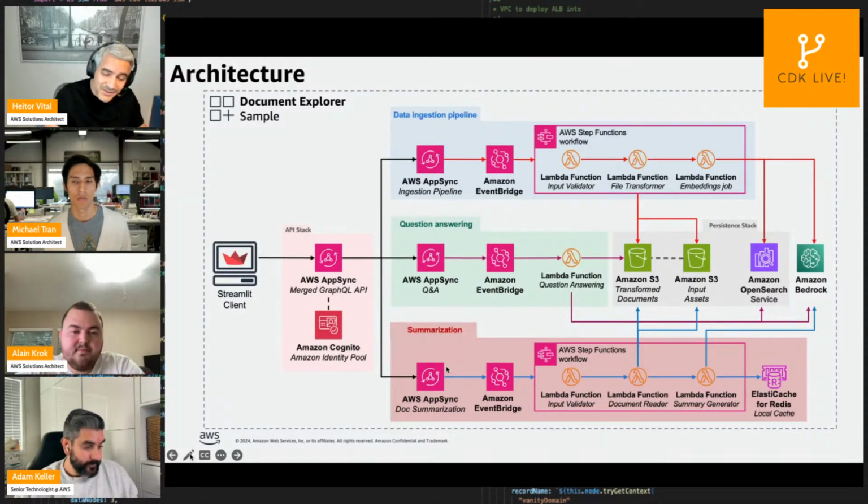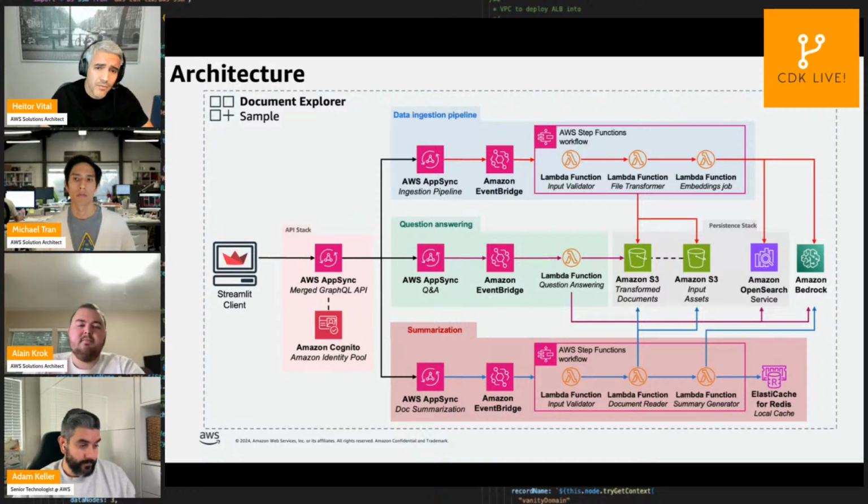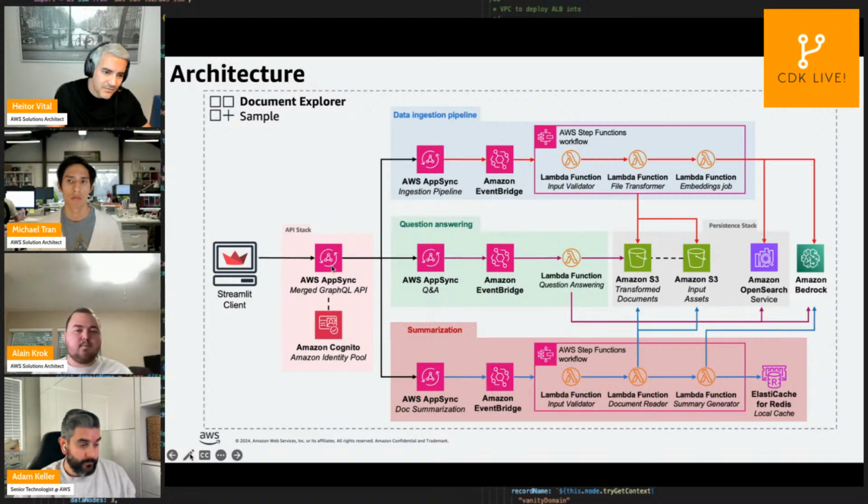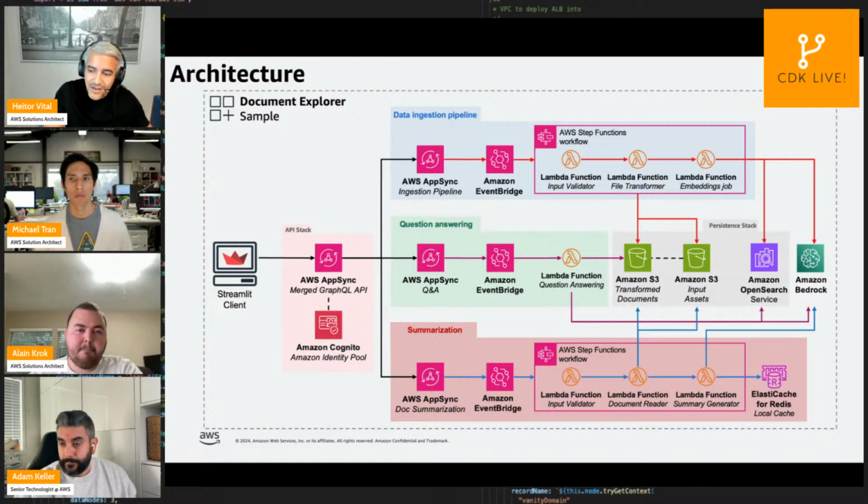Then you can call the summarization and question answering endpoints. Another thing that this sample repo does for you is, since we have 3 endpoints here, we merge those 3 endpoints into one single endpoint and integrate with Cognito and provide you a client application so you can see how to make a call for those endpoints. And maybe this is going to be helpful for the user that was asking about REST API and GraphQL. Having this sample application, they're going to have a way to see how to make those calls in GraphQL.